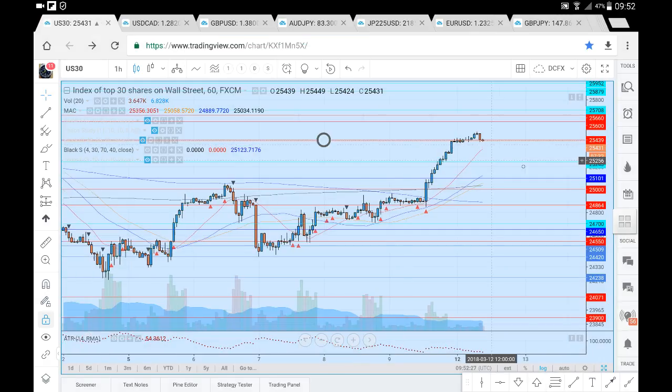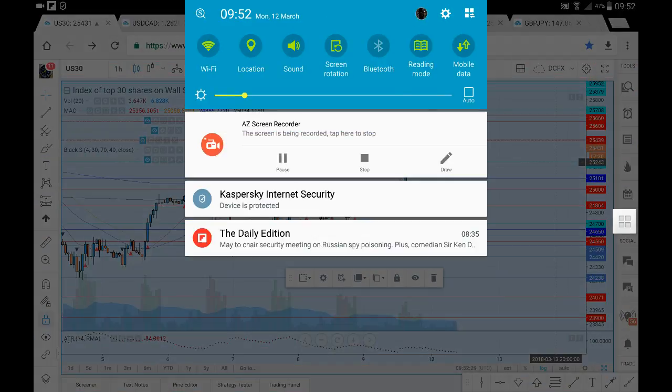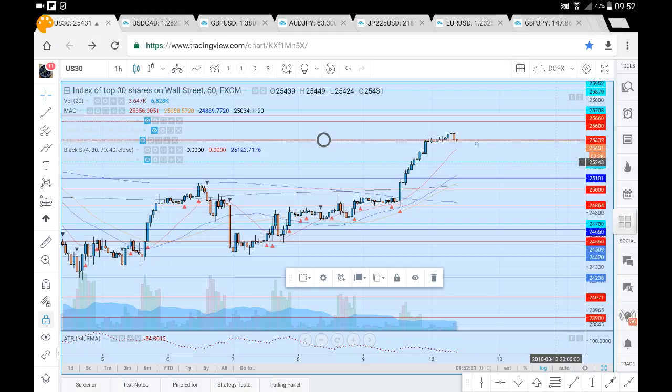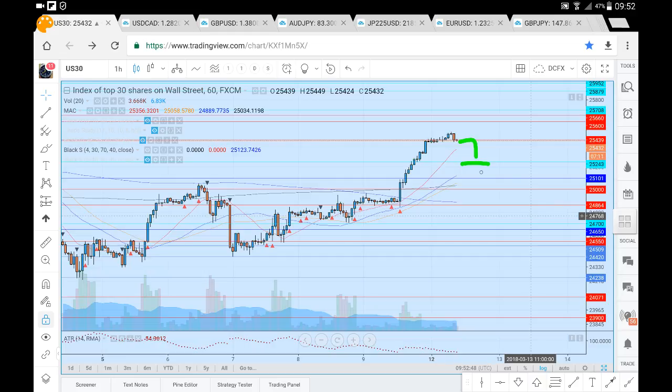If, however, we do break down from where we are at present, the 25,439, we are looking for price to head down towards 25,243. Beyond which we're looking for price to head down towards 25,101. I wouldn't anticipate us moving much beyond the 25,101 because if we were to get down to 25,000,